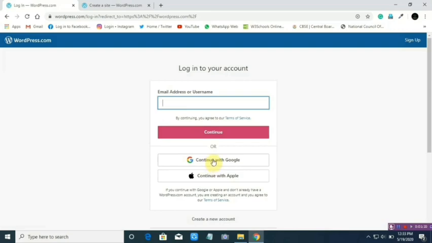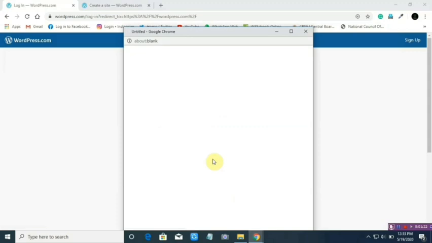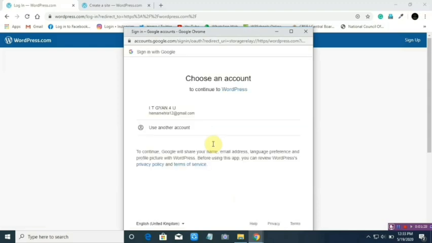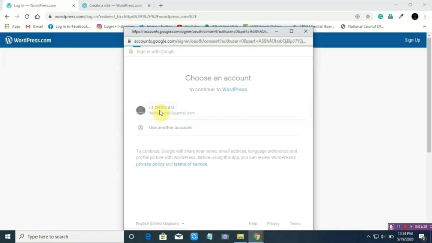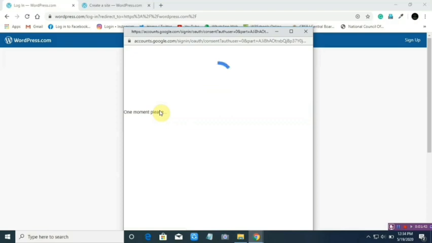I will click continue with my Gmail account. Then it asks, is it your Gmail account? Do you want to log in with this? I'll say yes and click on it. Now it will take a couple of minutes to join with my account.